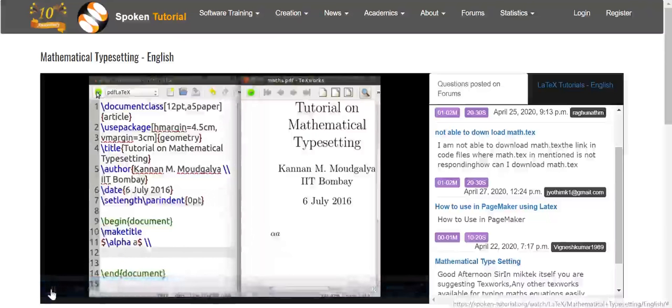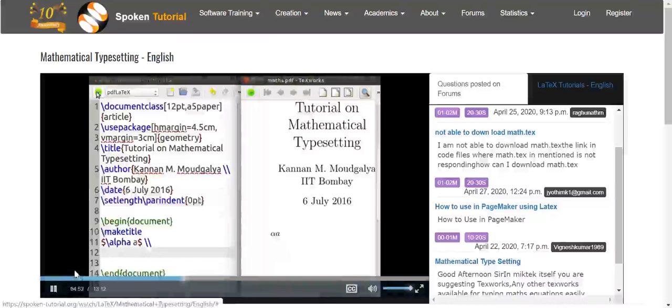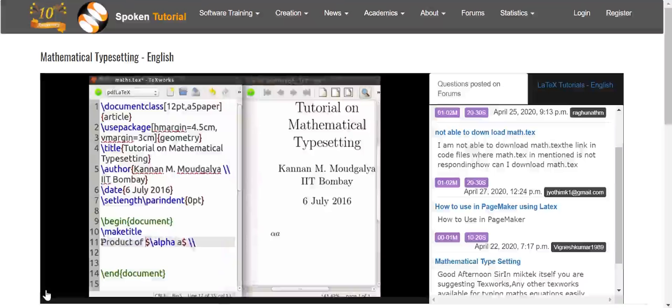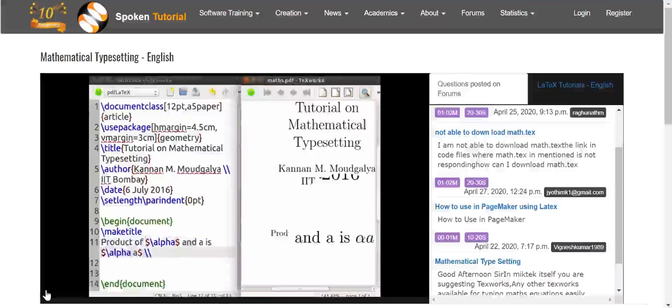What happens to the font when we go from the text to the mathematical mode? To understand this, let us write: product of alpha and a is. Compile. You can see that the fonts of these two a's are different. This is solved by writing this a also inside dollar signs.